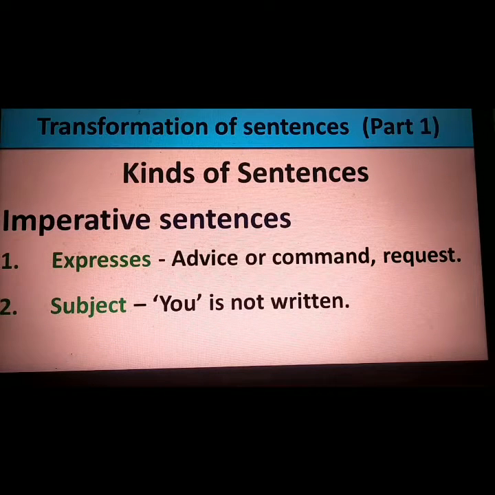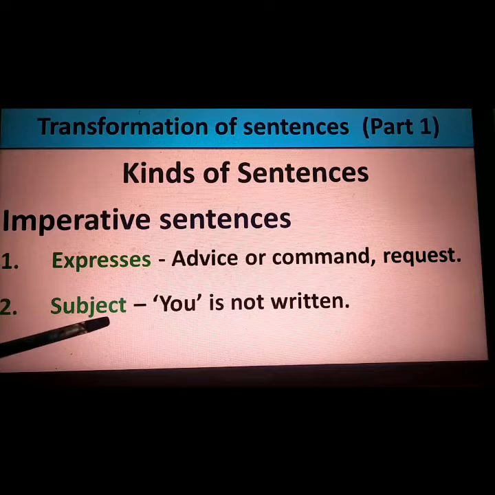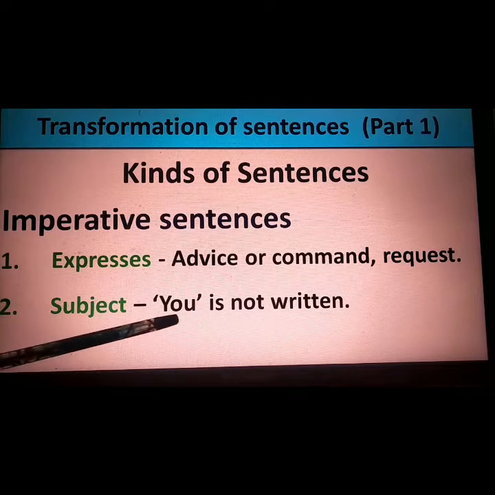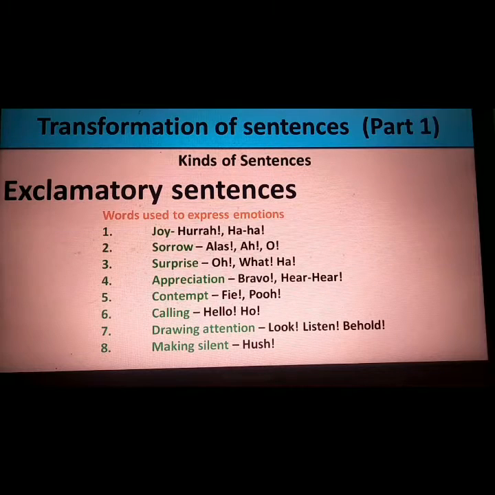Now let's go to the kinds of sentence. Imperative sentence, we already know, expresses advice, command or a request, and here what you have to keep in mind is subject you is not written very often. Very often when a command is given or a request is made, then the subject is you and it is not often written. Exclamatory sentences